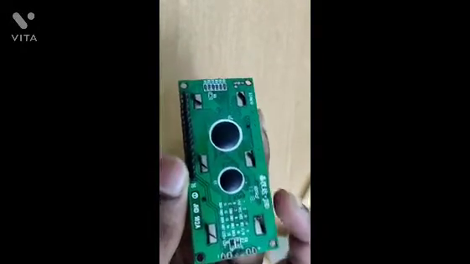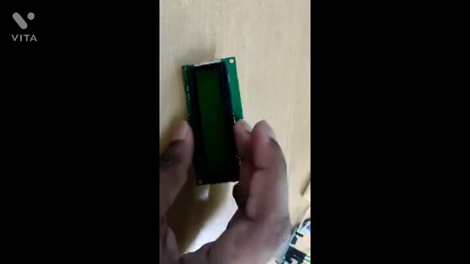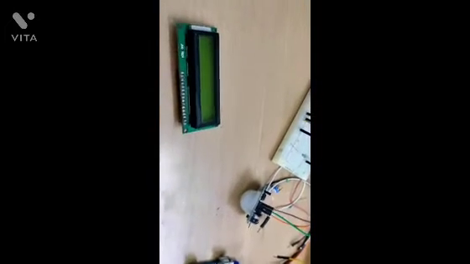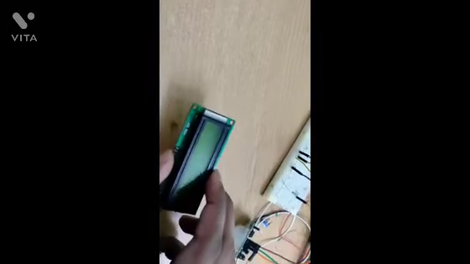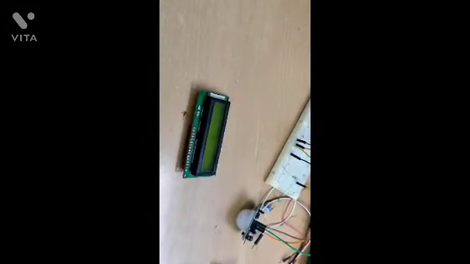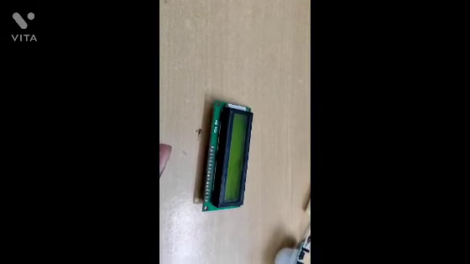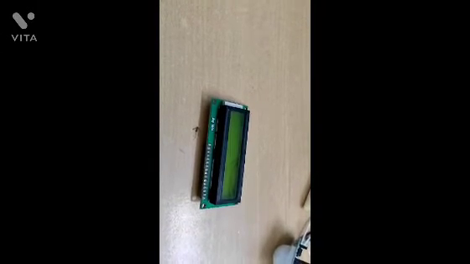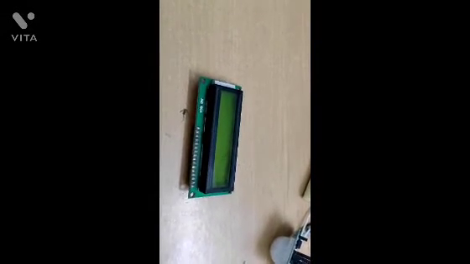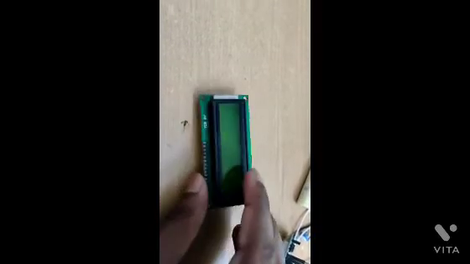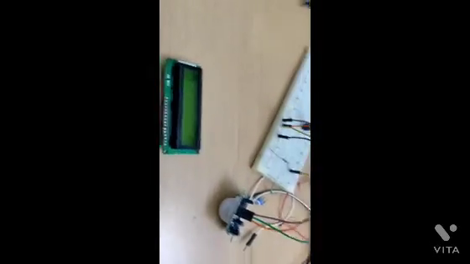Every pin has its configuration. So what we can do with this LCD display is, if we configure this with the Arduino board, we can write a code and we can write any values within this LCD display, whatever we wish to print. Like we have seen in transportation buses, each and every bus has a big display at the back side where the characters move forward, right? So it's like that. That is a basic application for this LCD display.